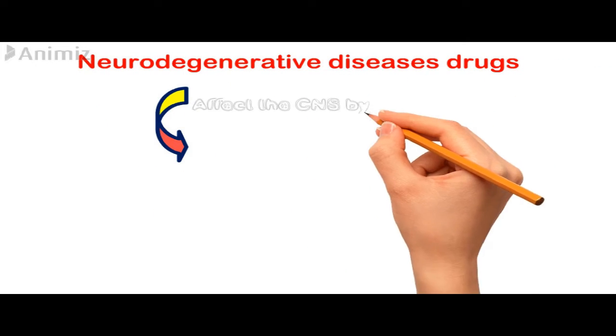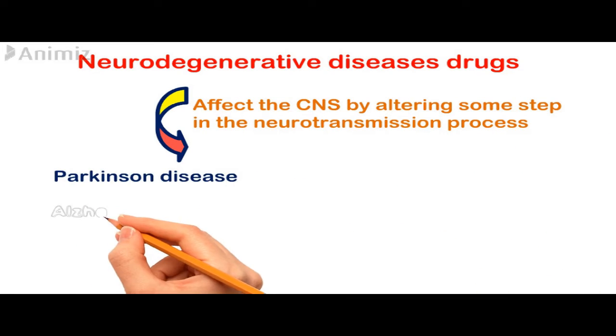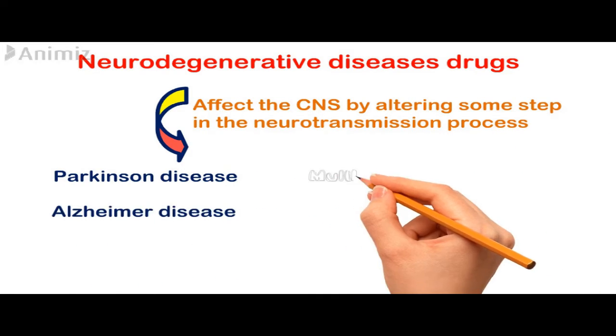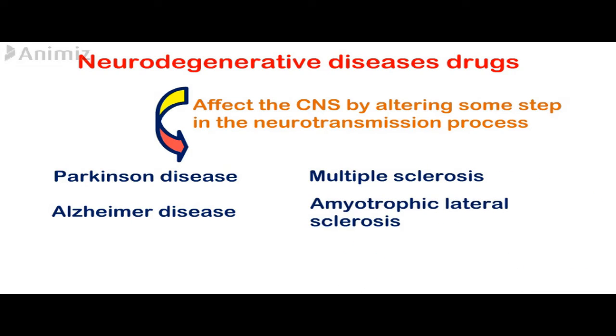Today we will be talking about drugs that can be used for neurodegenerative diseases. These drugs affect the central nervous system by altering some step in the neurotransmission process. Examples of neurodegenerative disorders that can respond to these drugs are Parkinson's disease, Alzheimer's disease, multiple sclerosis, and amyotrophic